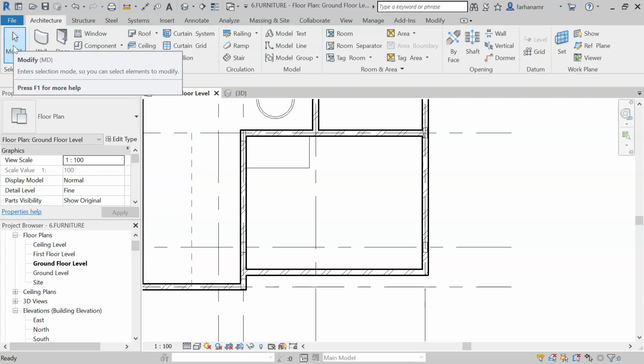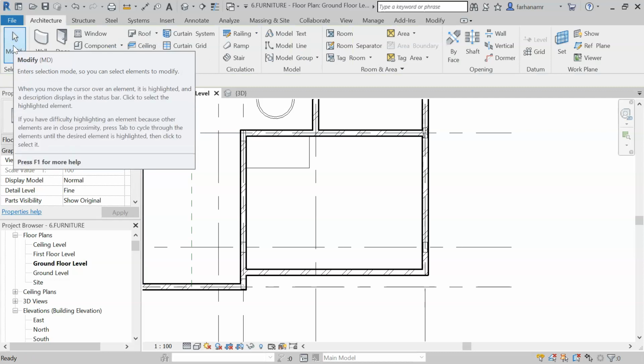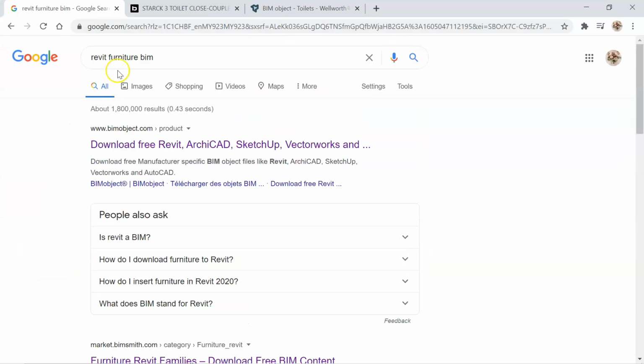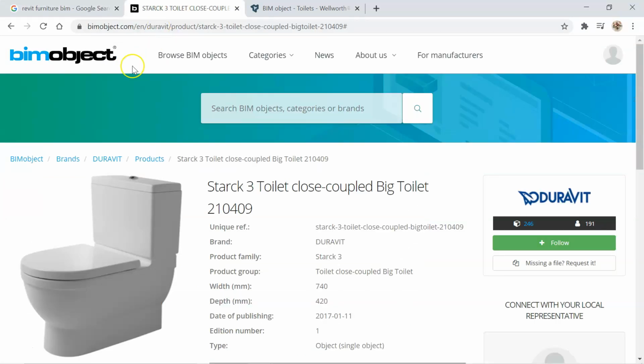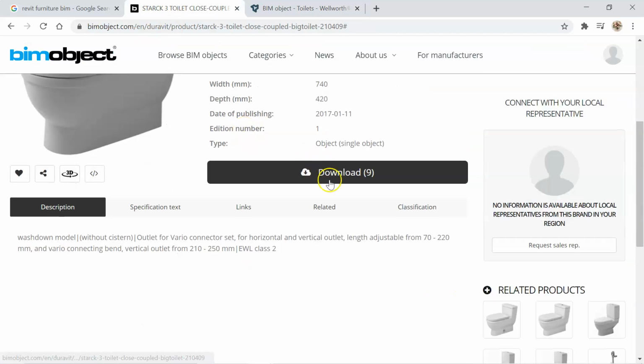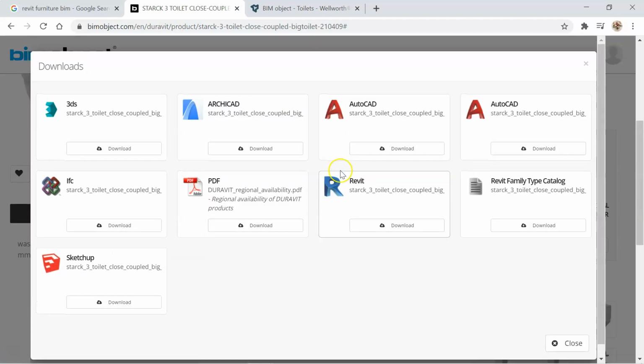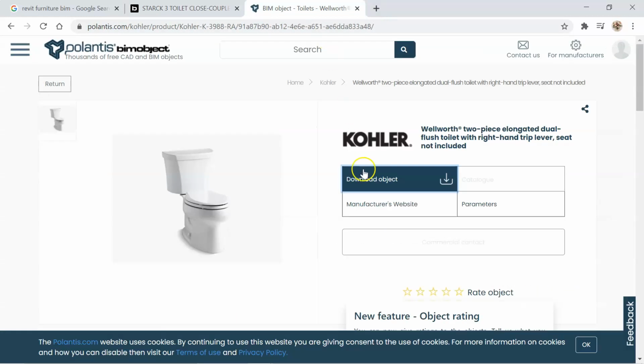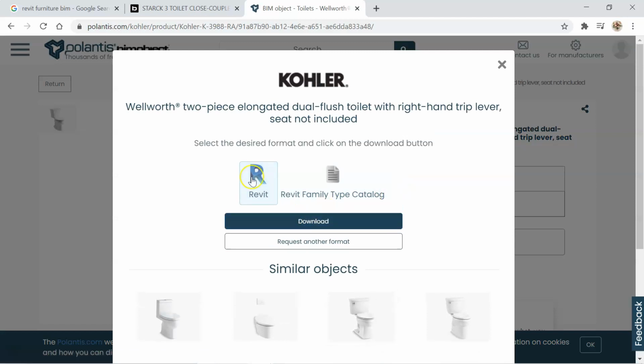You can also download your furniture from the internet. You can just search Revit Furniture BIM, and then the first website is BIM Object. The second website that I want to show is this one, Volantis BIM Object. So I already downloaded this one. You click download, you have to log in first, download, and then choose Revit file. For this one, if you click download, the default one is already the Revit file, so you can just click